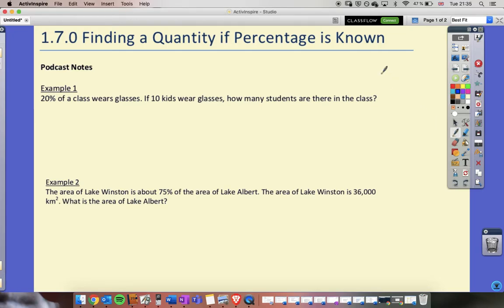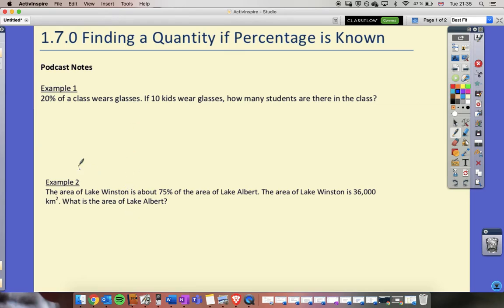Hello grade 8s. Today we're going to be looking at another type of percentage question. So this time we know a percentage but we want to find the original quantity. We're going to look at two different versions or two different methods for this, and we'll go through these three